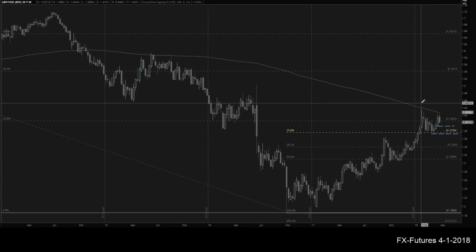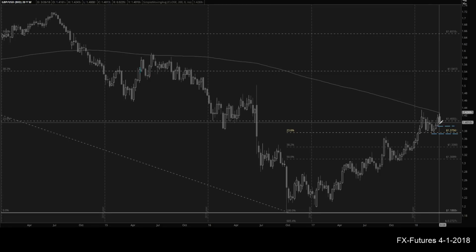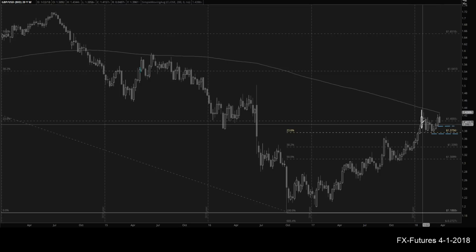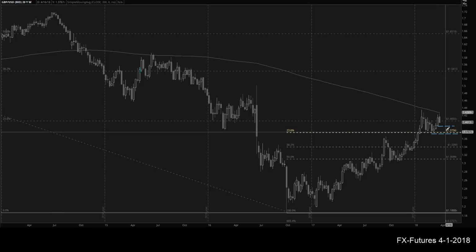Pound USD is pretty cool because right now it's rejecting off the weekly 200 moving average, and it's creating a lower high right here. And it is in a nice decent range. So we do have the 50% of this range marked out as last week's low. So if we get below like last week's low in this little center range, we can target the bottom of the range. But I'm not completely bearish until we get below the entire range low at